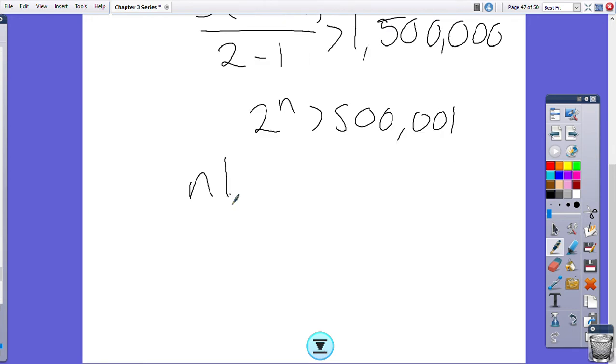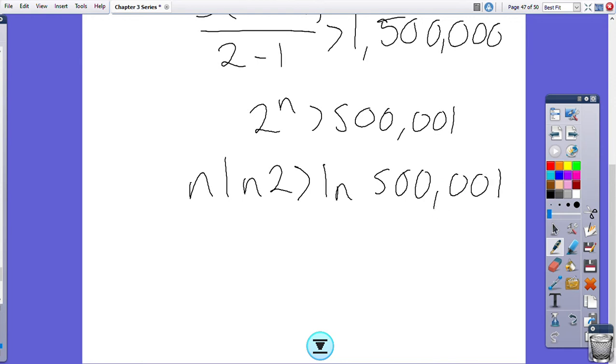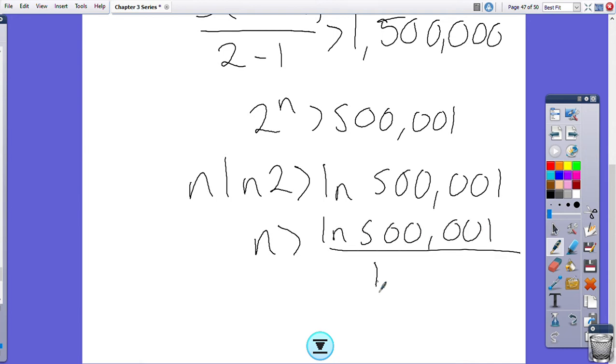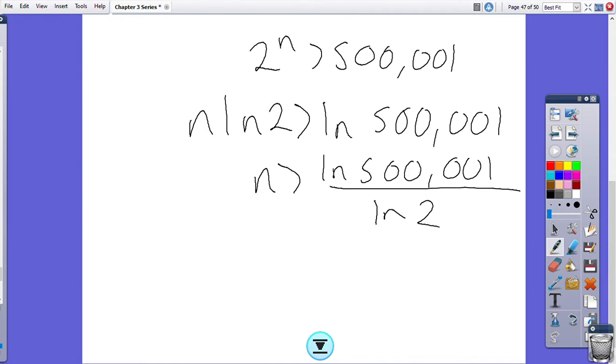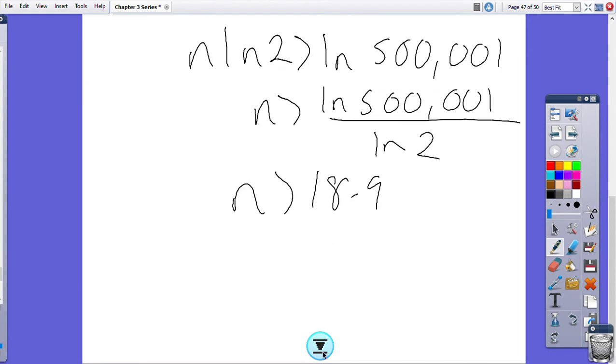You have n log 2 is bigger than log 500,001, so n is bigger than log 500,001 over log 2. So n is bigger than 18.9, so at least n